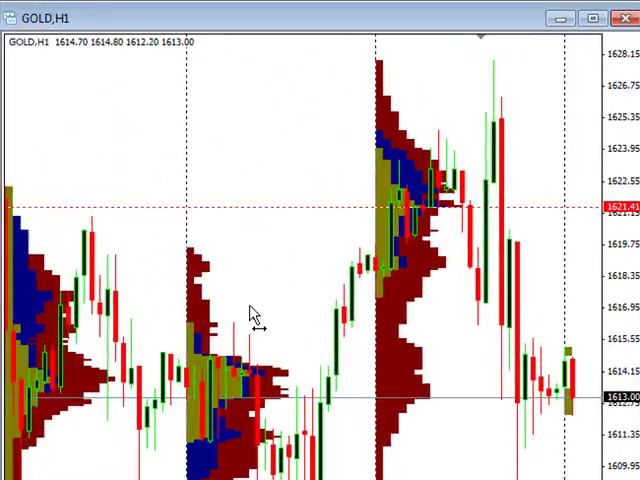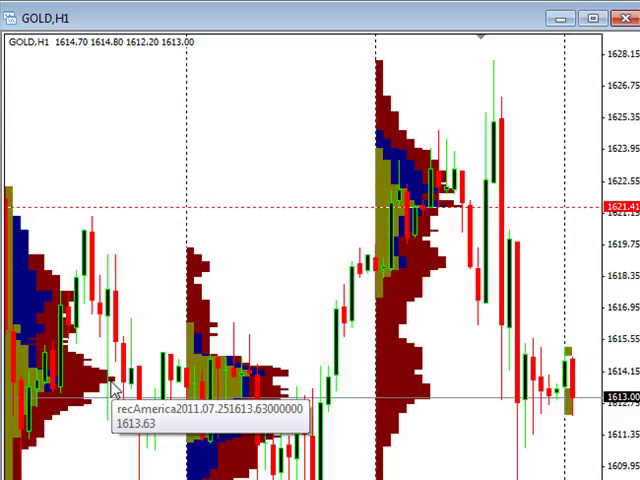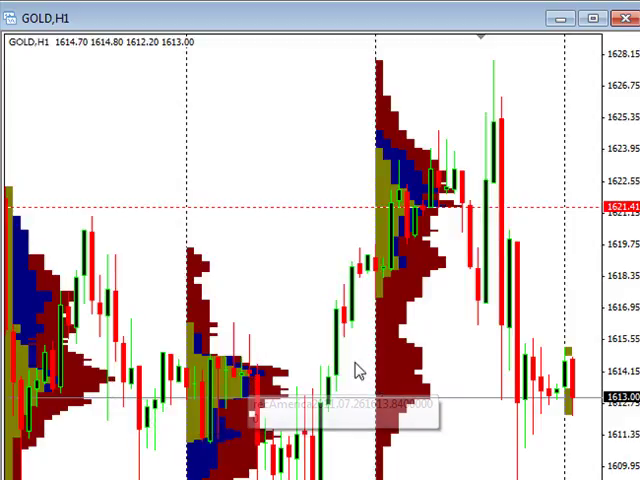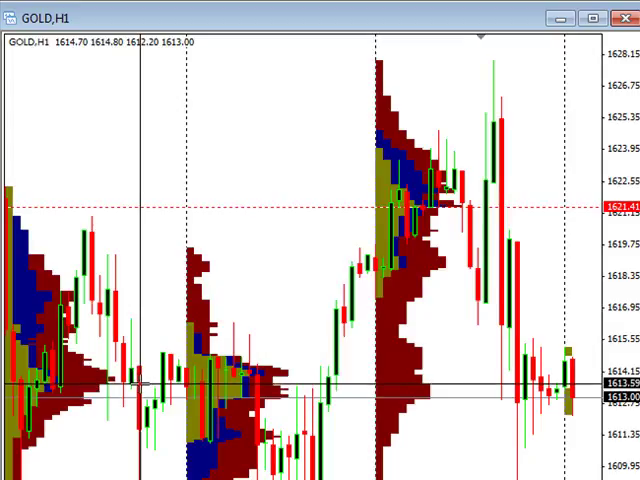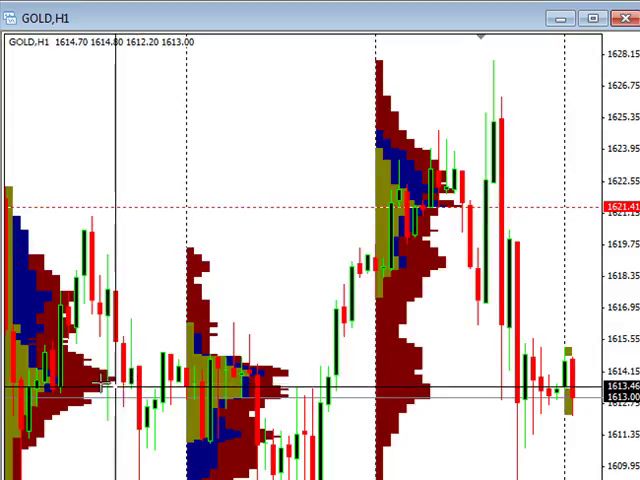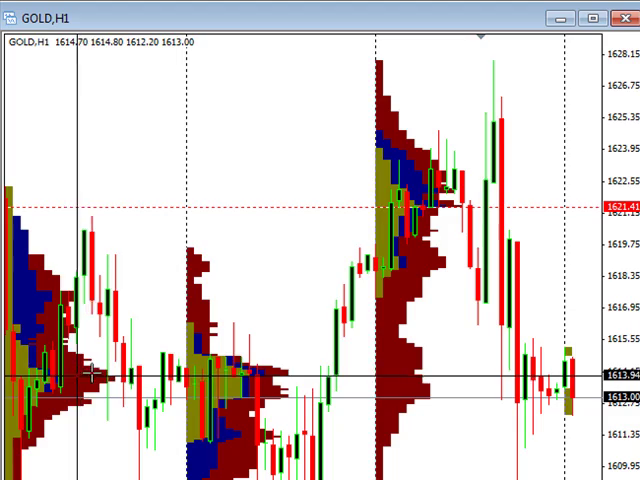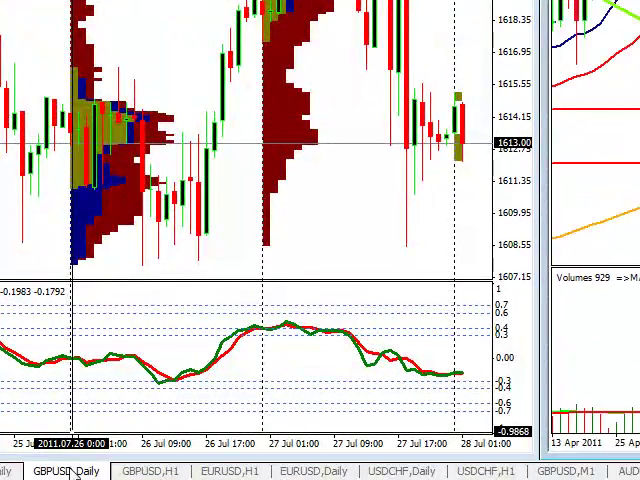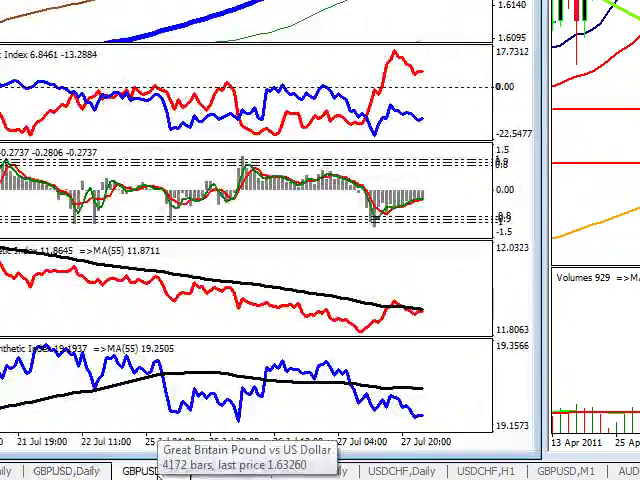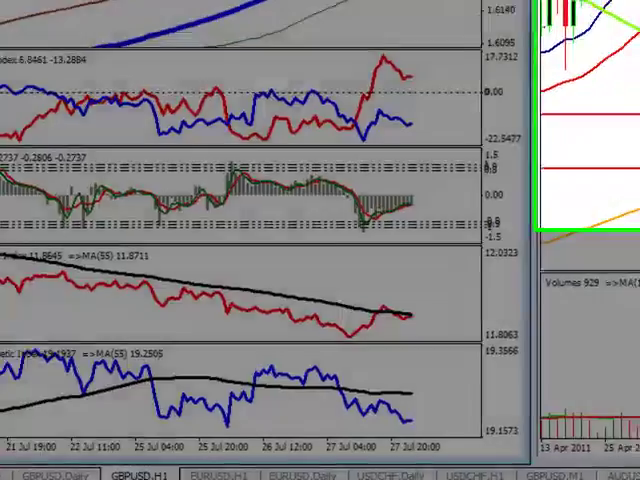If we scroll over, you can see, even though our point of control is up here at 1621, we can see volume peak here, volume peak here, volume peak here. So this price level, right where we're at now, about 1613, seems to be a key price level for the past 3 days. So with weak gold, we come over to our dollar currency pairs,